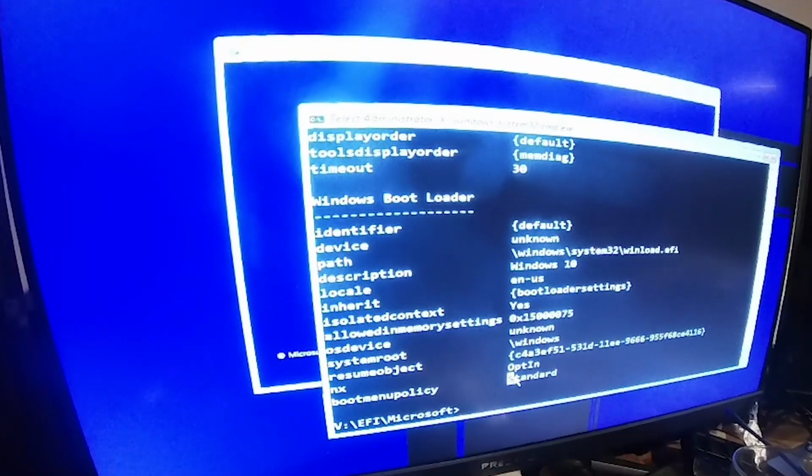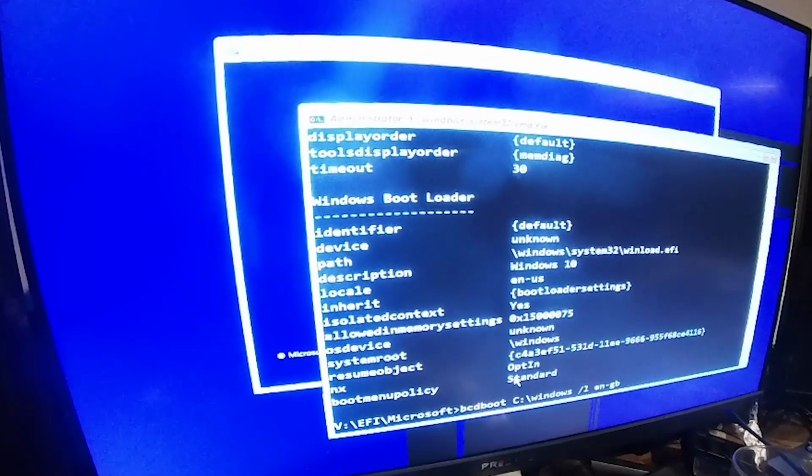So let's see if I can remember these commands, because like I say, I'm a little bit rusty at remembering these things. So let's do a BCD boot C Windows, and that's why I changed the letter to C, because of how used to it I am. So Windows, and then we want to put L for our locale,